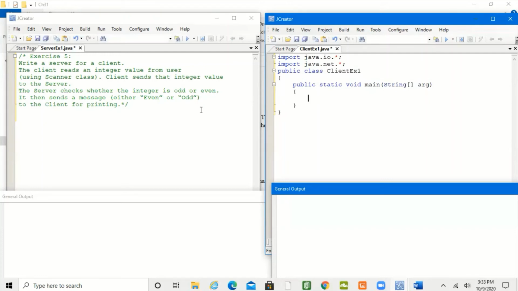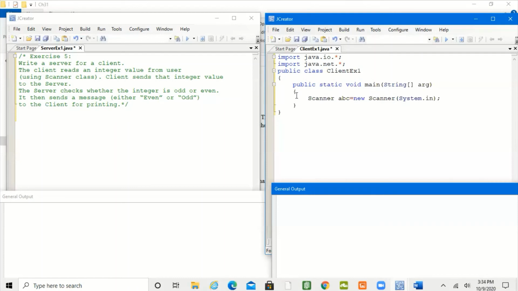Now, let's see the client program. What it's going to do is first read a value from the user using an object of the Scanner class, so new Scanner(System.in).